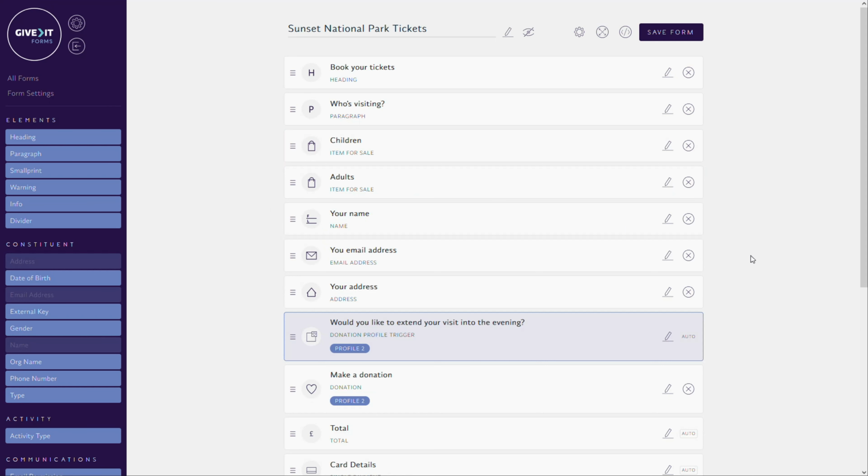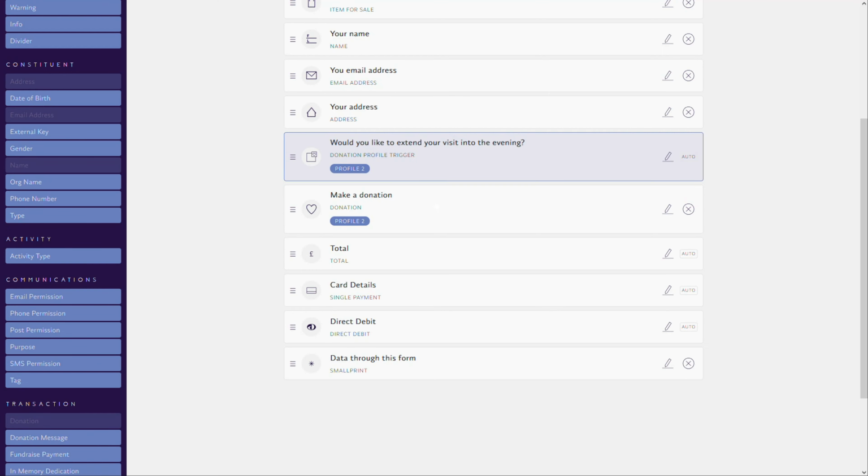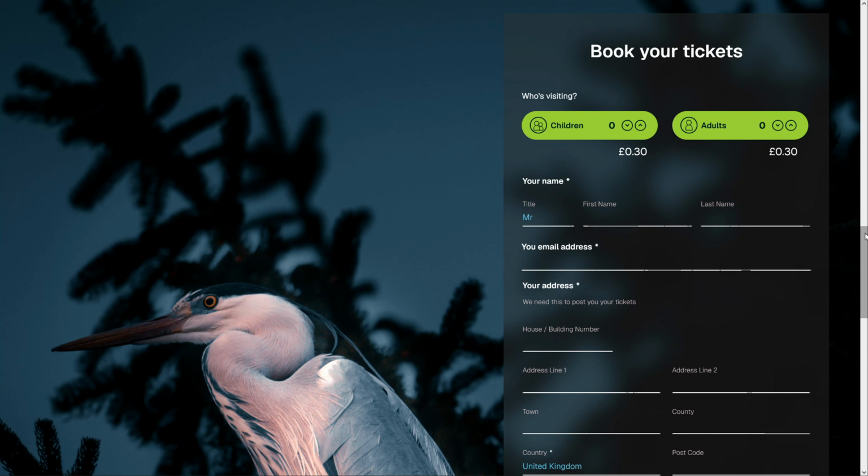I've temporarily hopped across to another form in my account. This form already has a properly configured donation field with a second profile engaged, and the trigger question is, would you like to extend your visit into the evening? In the context of this form, it is ticket sales for a nature park. I'm going to show you what the front end rendering of this pairing of fields looks like and how it works. Okay, here's the Sunset National Park tickets purchasing webpage,